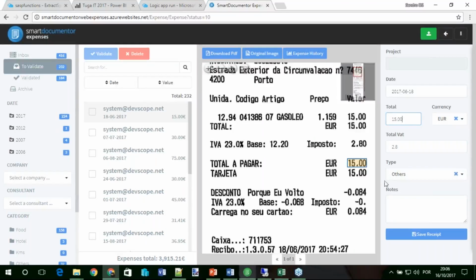And if it's incorrect, I can fix it and say save and validate. If everything is correct, I select this as valid.